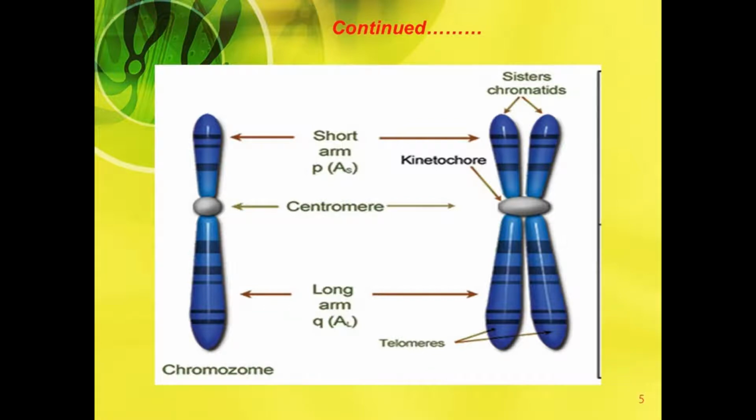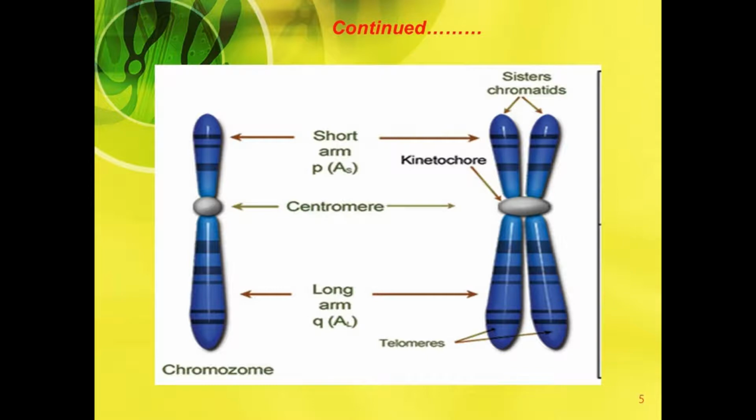The duplicated chromosomes are held together at the region of the centromere, and the centromeres in humans are made of about 1 to 10 million base pairs of DNA. The DNA of the centromere is mostly repetitive short sequences, repeated over and over in tandem arrays. The attached duplicated chromosomes are commonly called sister chromatids.